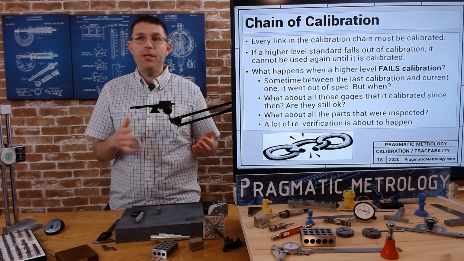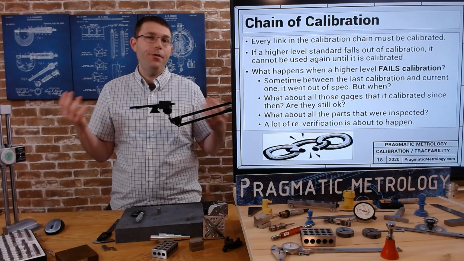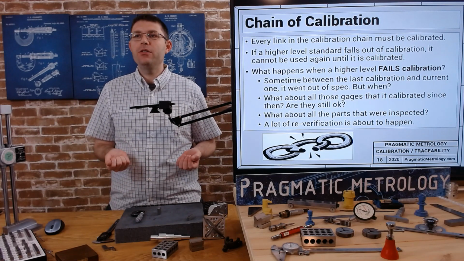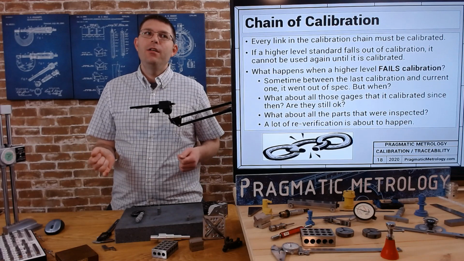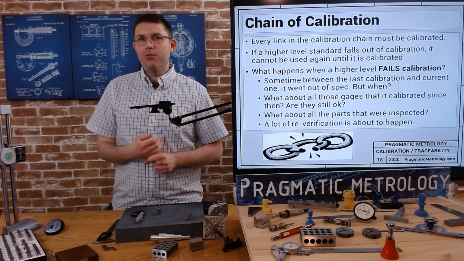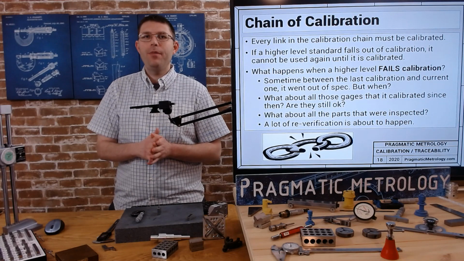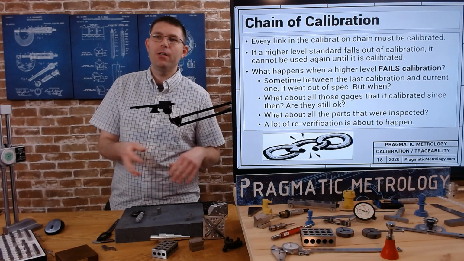Something went wrong between the last calibration and the current, but when did it happen? What about all those gauges? What about all the parts that were associated with those gauges? There's going to be a lot of re-verification, corrective action, root cause. There's going to be a lot of investigation going on by the calibration company, or hopefully it wasn't the calibration company, but